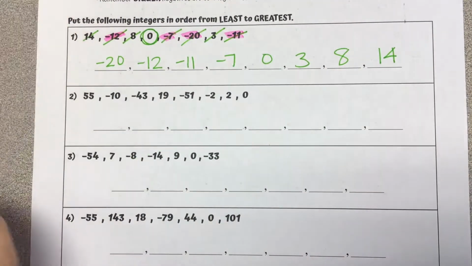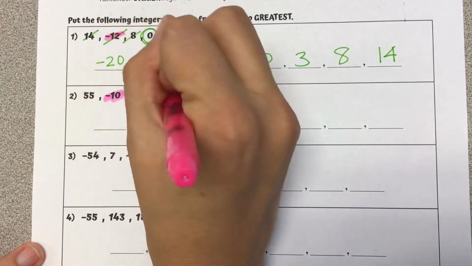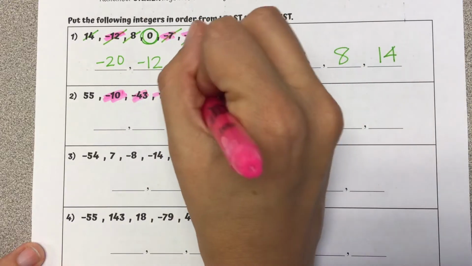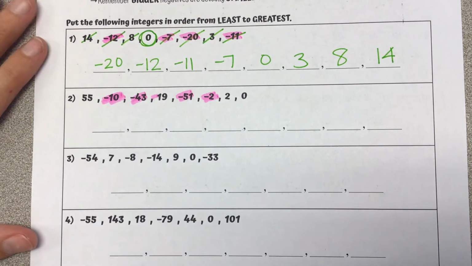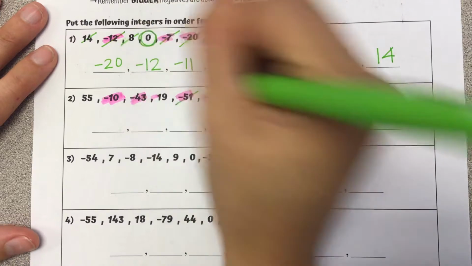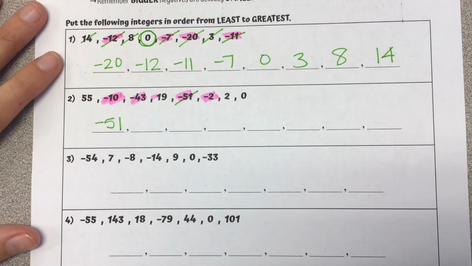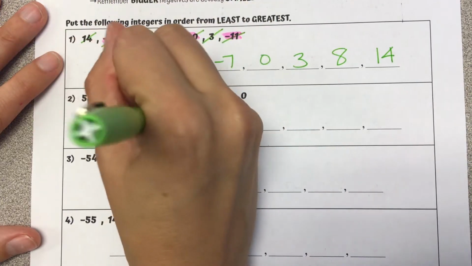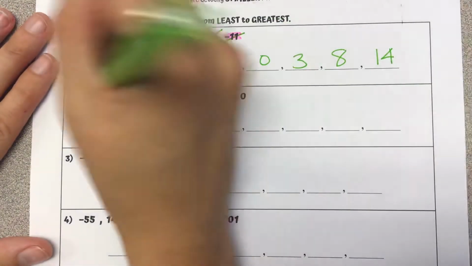Let's try another one. Number 2, first thing I'm going to do, highlight my, oops, that's not a negative, my negatives. So I got -10, -43, -51, -2. Our bigger negative is a smaller number, so the biggest negative I see is -51. The next biggest negative I see is -43. After that, -10,